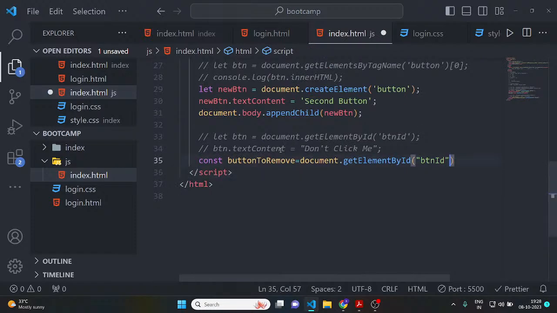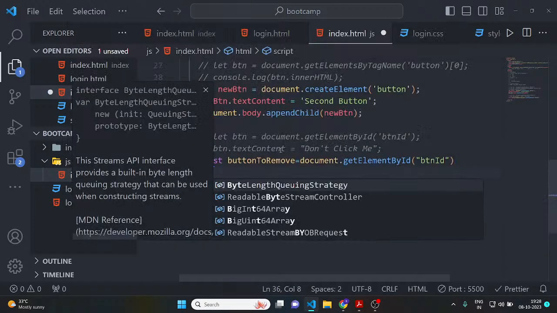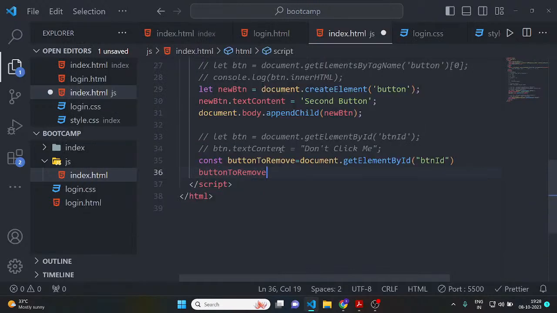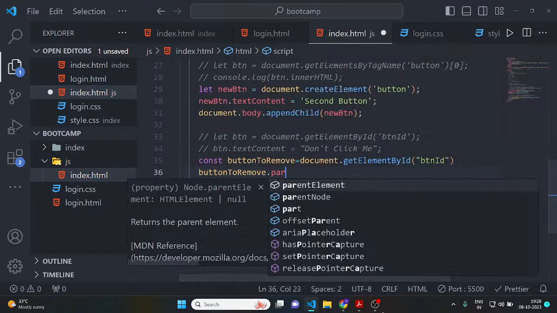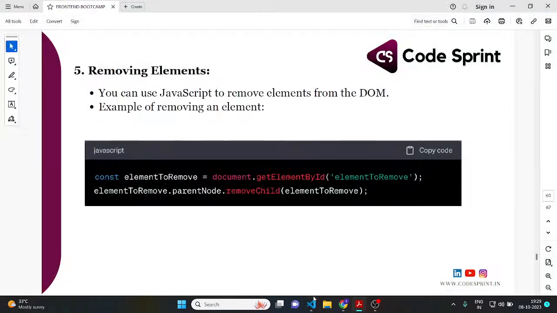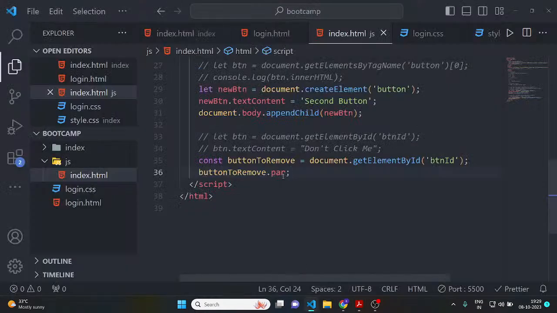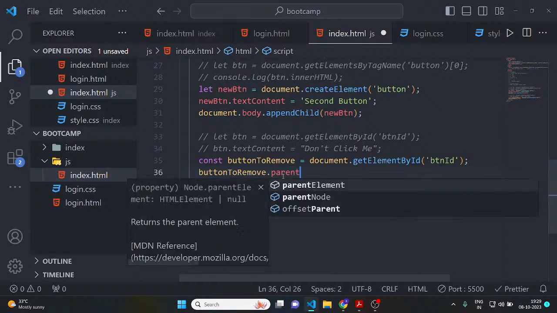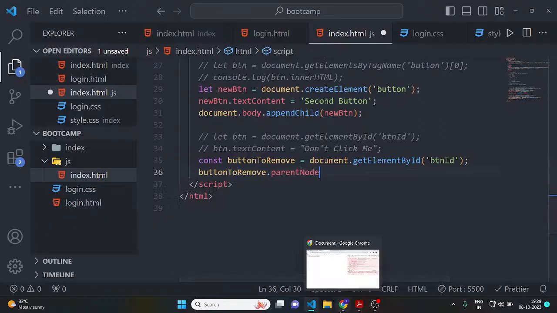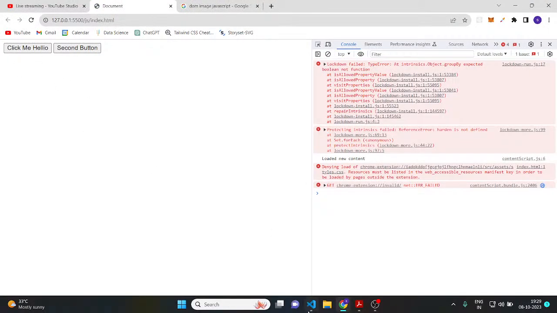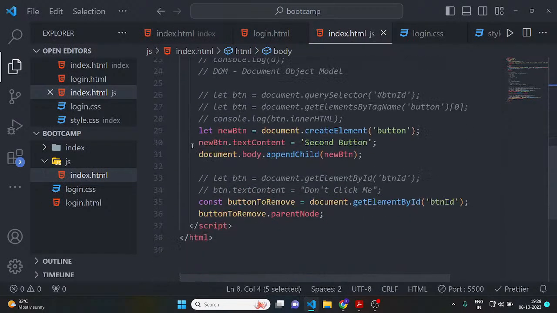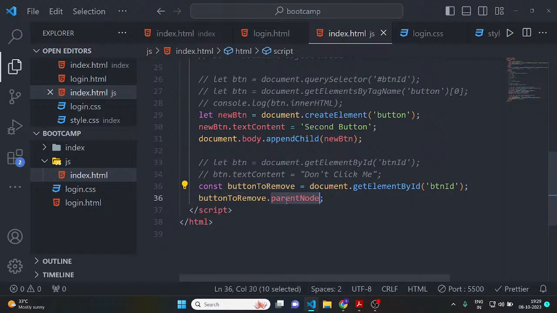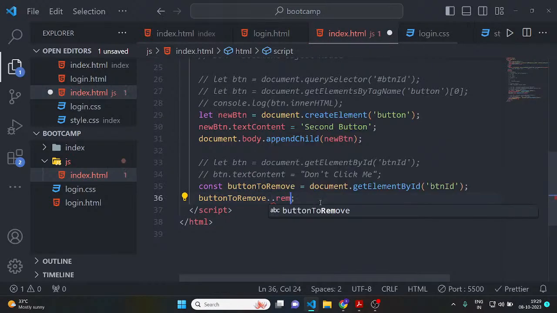Now to remove this button, first of all I'll select this button, then dot parent node. First of all, we are going into the parent. The parent is body. This is a child element, and this is the parent. We are selecting the button, then the parent node of that button, then remove